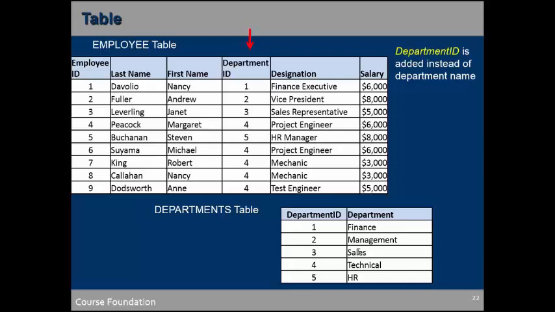Okay, so the primary key was what over here? For the employee table, the primary key is employee ID. For the department table, the primary key is the department ID. But what we are doing, we are using the primary key of one table. This is the primary key of department, correct? But we are using this primary key in